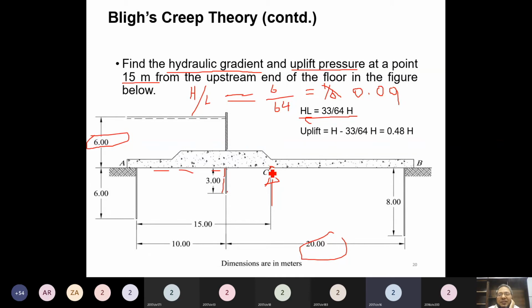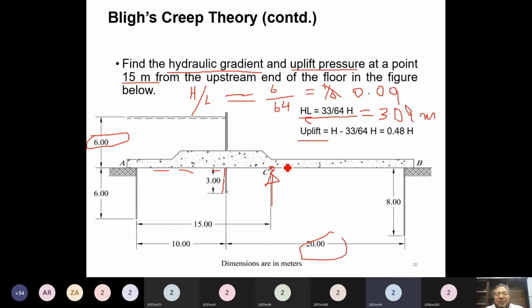33 हो गई जी क्रीप लेंथ अप टू पॉइंट सी, डिवाइडेड बाय टोटल क्रीप लेंथ कितनी है, 64 इनटू द हेड। तो ये हेड लॉस आ जाएगा। अभी हेड लॉस निकालो कितना हो गया, 33 ओवर 64 इनटू 6, 3.09, यानी 0.093. तो आपकी मर्जी है 0.09 ले लें। इसके यूनिट क्या होंगे भाई? मीटर है।